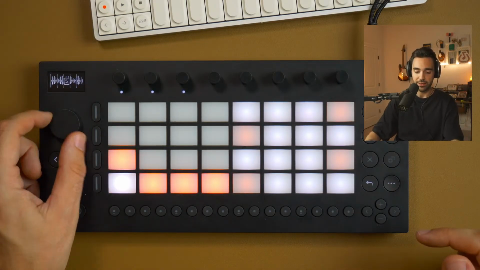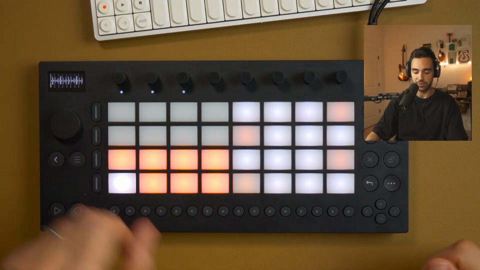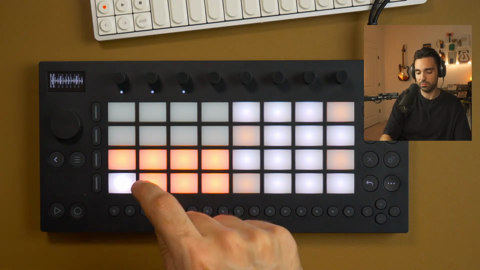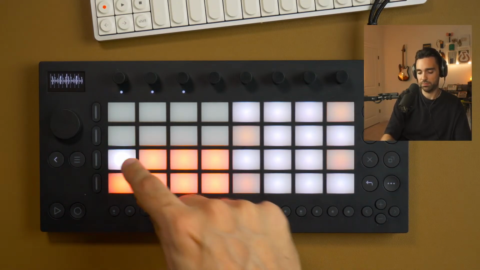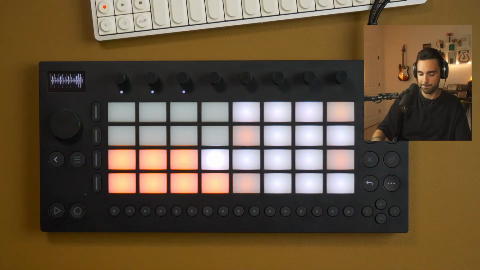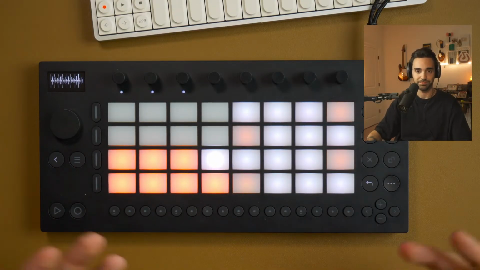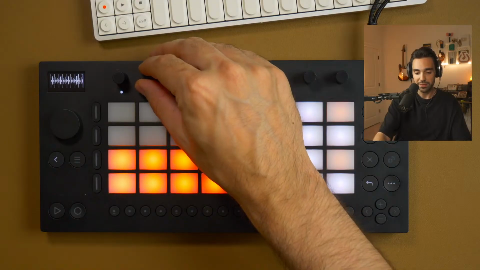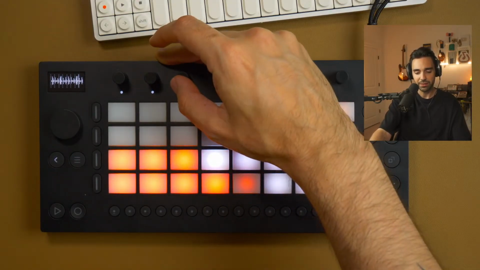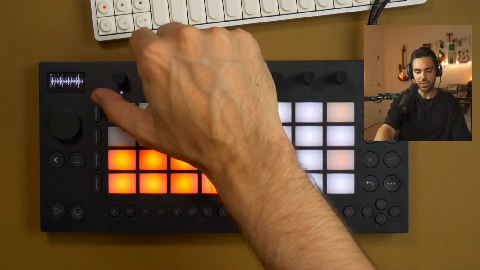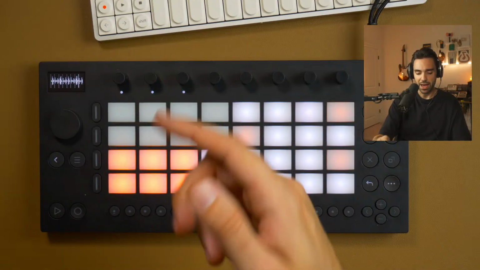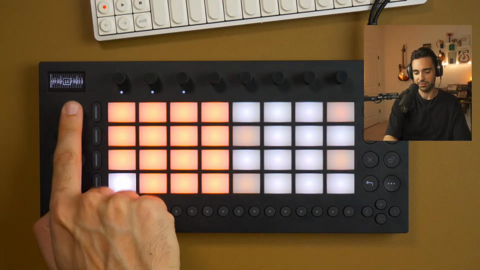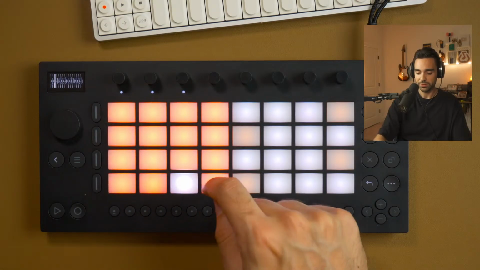And we can instantly slice it. Again, turn the big encoder to slice to add more slices. And it's that easy. I mean, it's a very simple, very easy implementation. I don't think there's any type of crossfading or anything. I think what you would do is slice the samples,